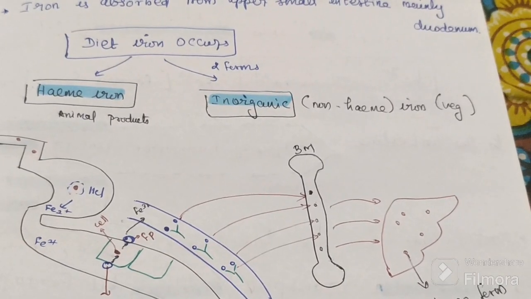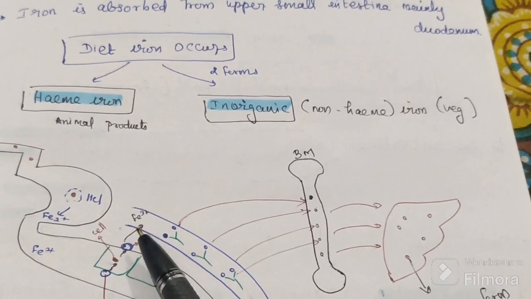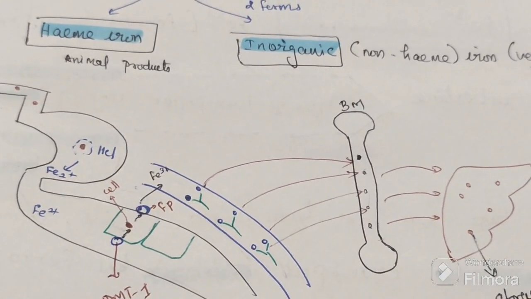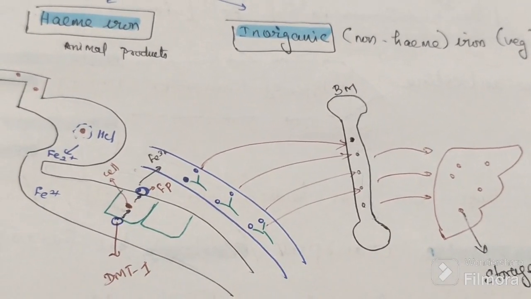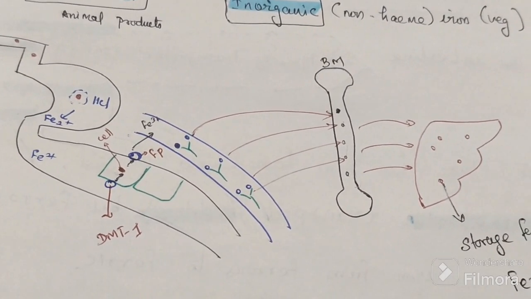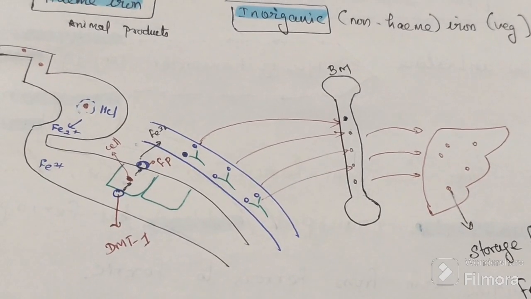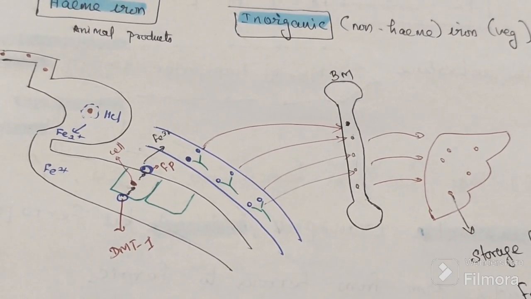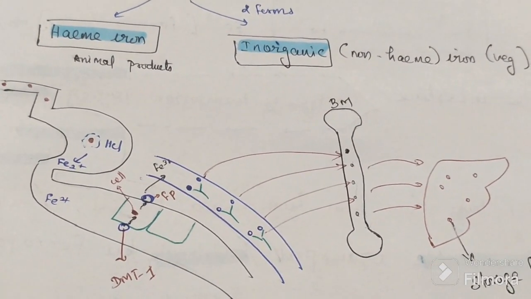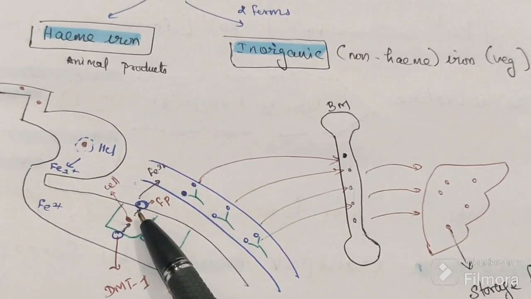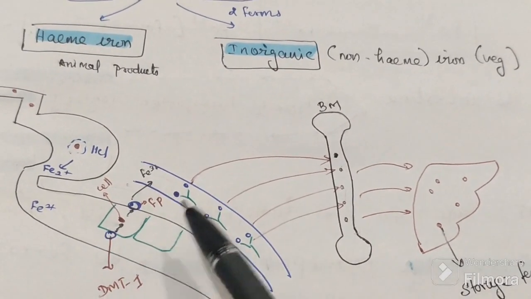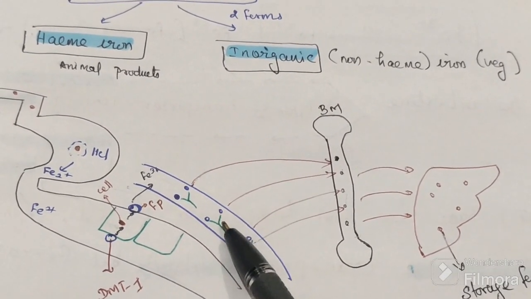Whenever it reaches the blood it is Fe3 plus only. For absorption purposes it was converted into ferrous form. So ferric to ferrous is converted in the stomach by HCl, and ferrous to ferric is converted again by the second transporter, the basolateral transporter. So ultimately it reaches the blood. Now in the blood, iron